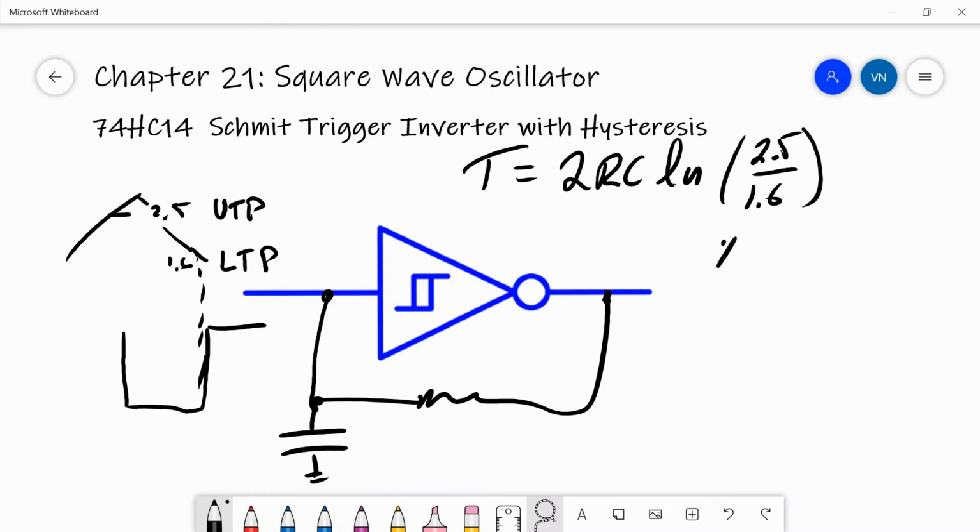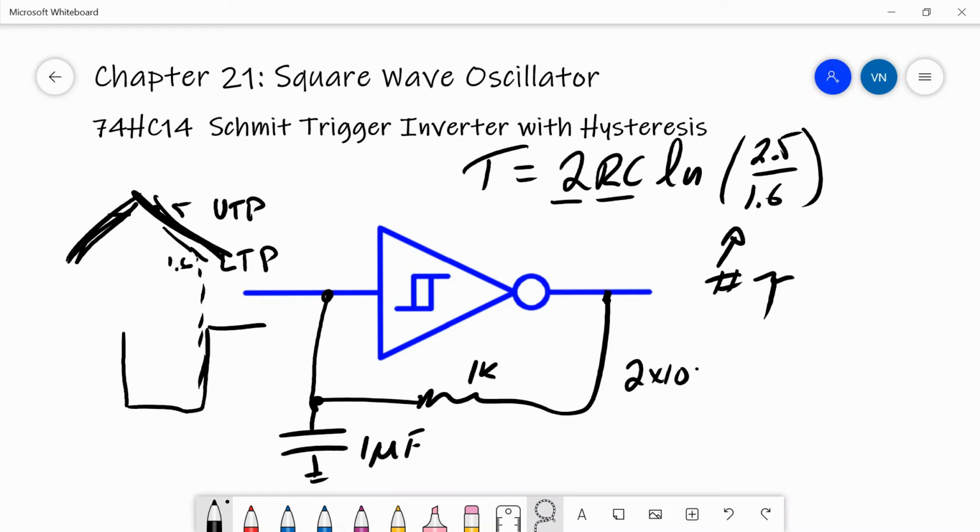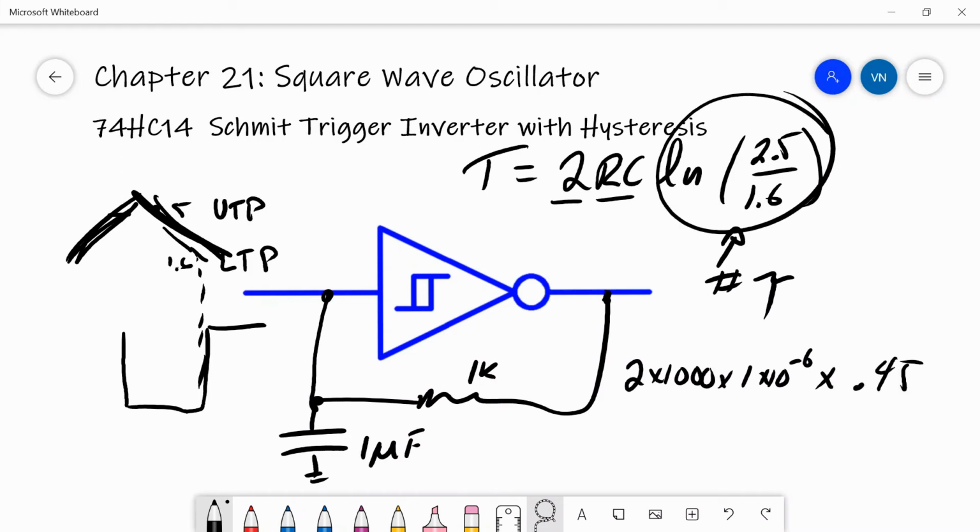That gives you the number of tau, which you multiply by the RC time constant, and then 2 times, because it has to go up and then down. So the period would be 2 times 1,000 for the resistor, times 1 times 10 to the minus 6 farads, times the natural log of this ratio, which is 0.45. That comes out to 893 microseconds, or